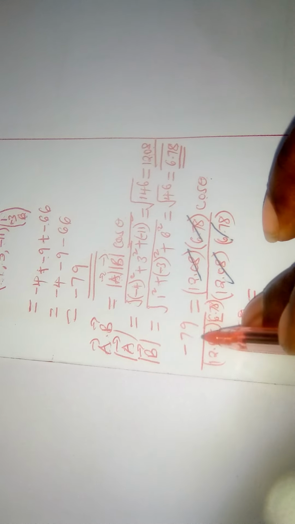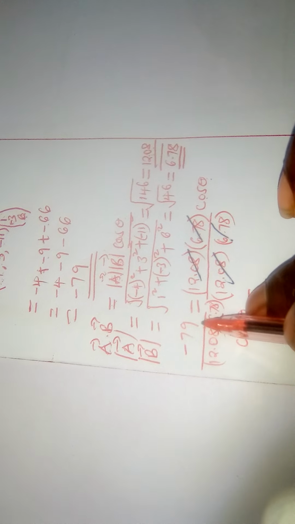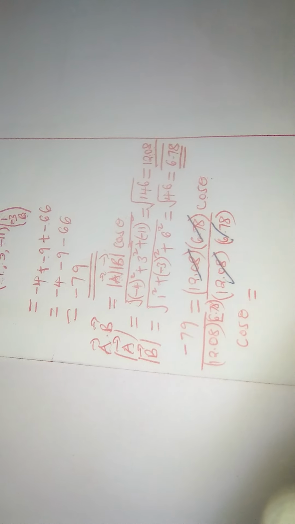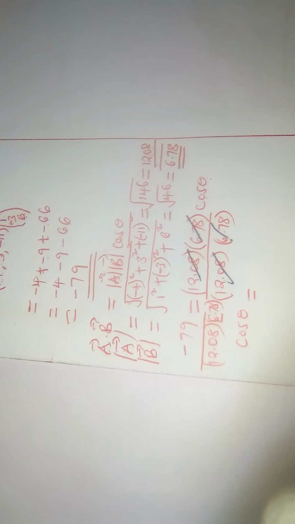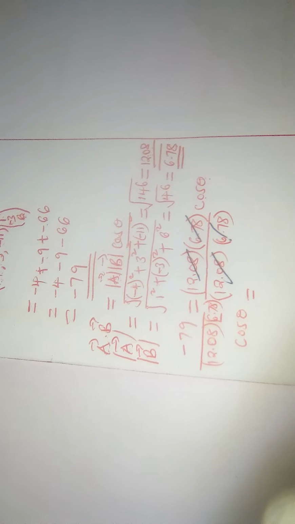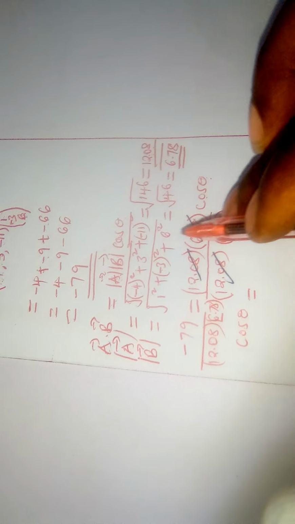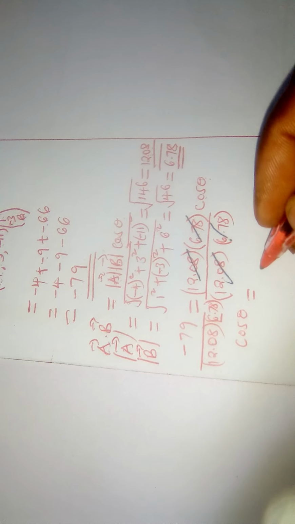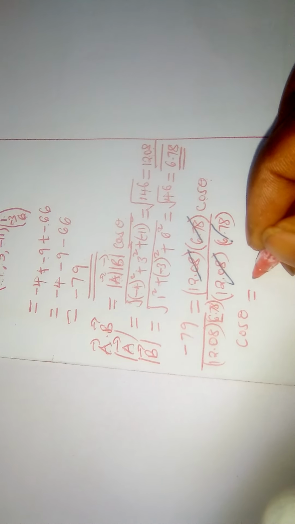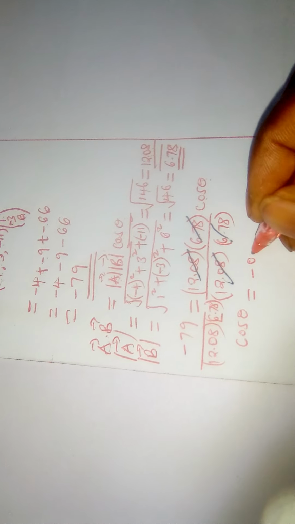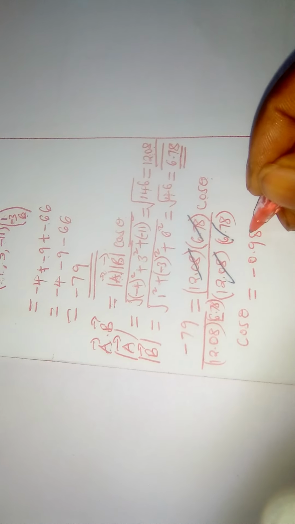When I divide negative 79 by the denominator, I'll end up having a negative